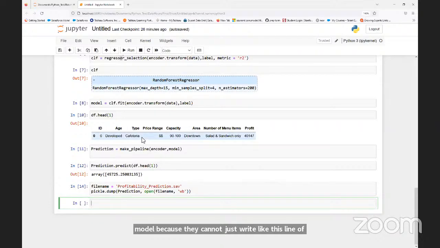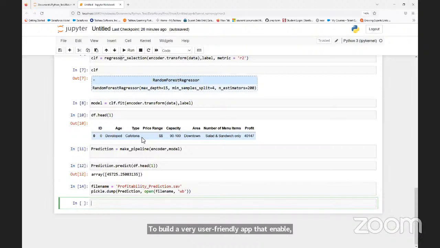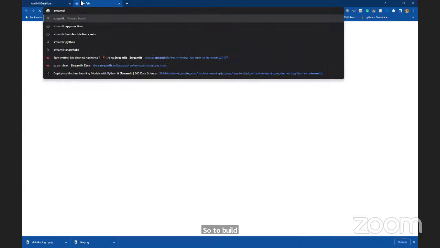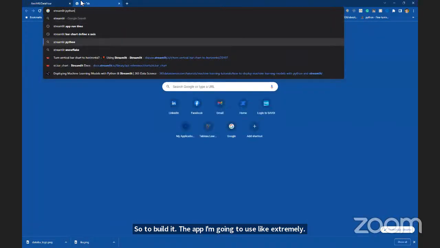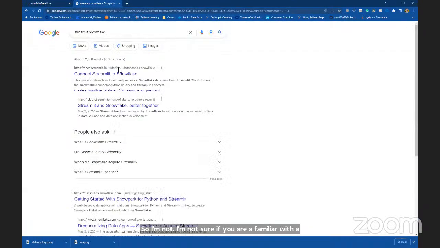So we need to build a very user-friendly app that enables a business user, someone without any statistical or machine learning knowledge, to use this model. To build the app, I'm going to use Streamlit. I'm not sure if you are familiar with Streamlit, but basically it is a very user-friendly Python package